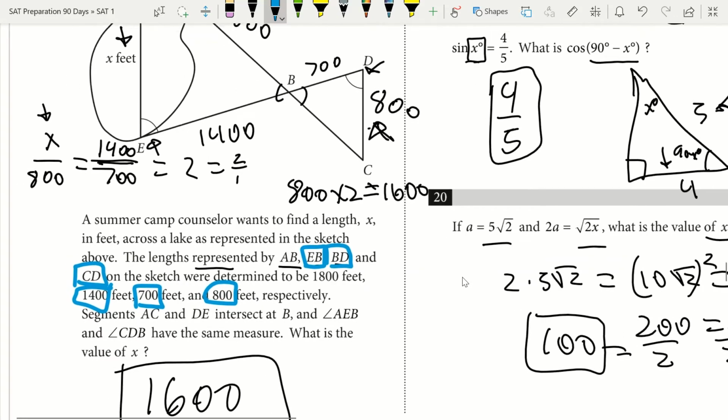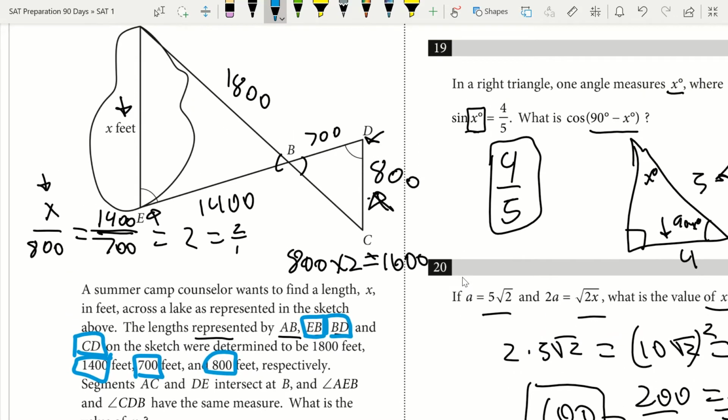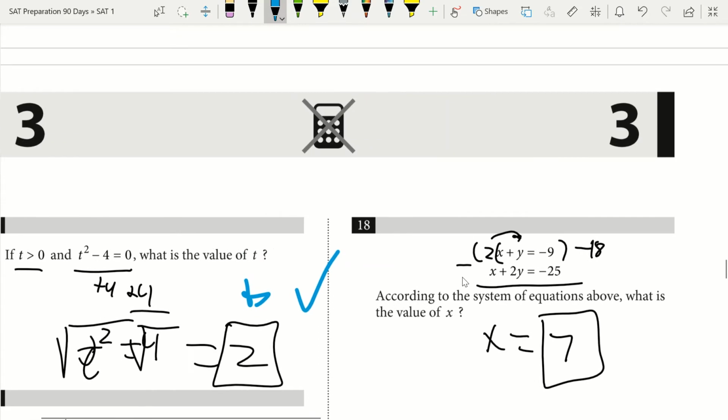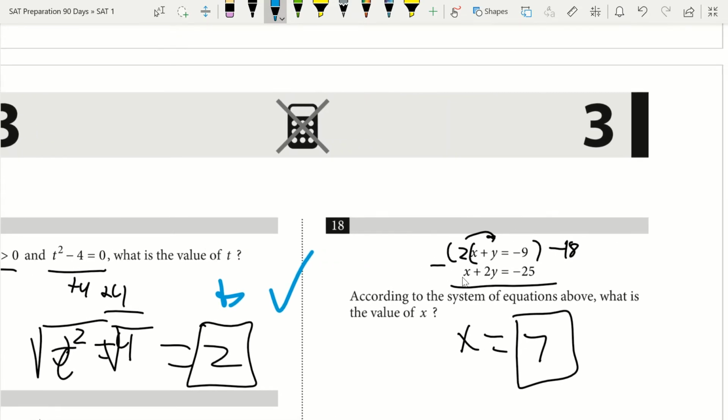Which means my ratio, I see that I multiply by 2 to go from 700 to 1400. I got to multiply by 2 then to go from 800 to X. 800 times 2 is 1600. That one's checked as well. Okay, now I got number 18. System of equations above. What's the value of x? If I'm solving for x, I want to get rid of y, so I'm going to multiply my top one